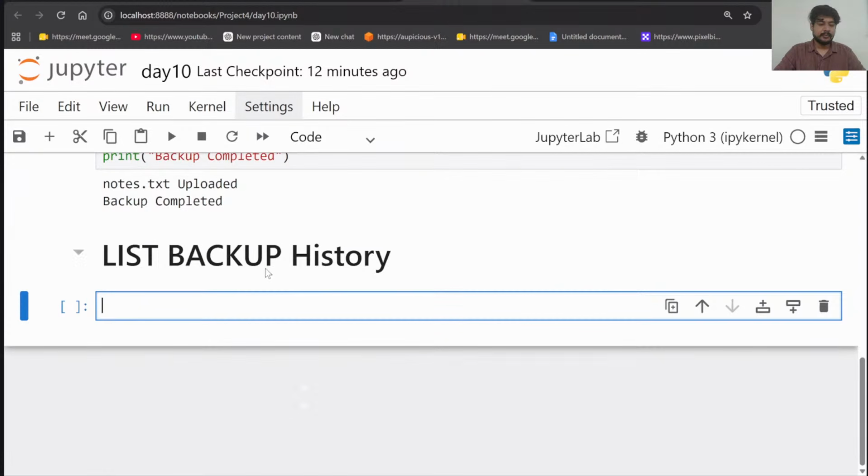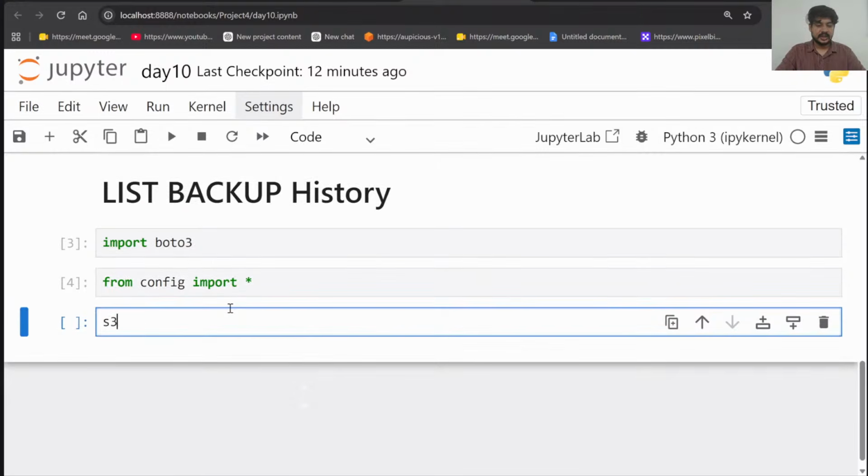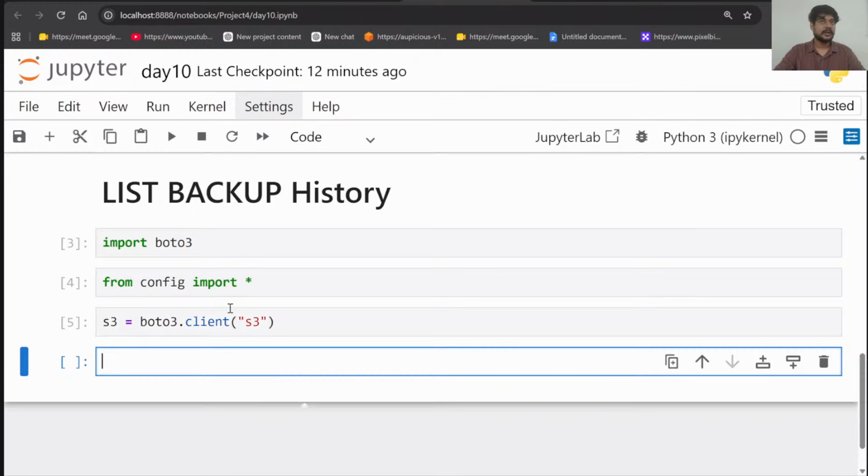So I'm just creating the Python scripts in separate different files. Even though we can create them in one single file with different function names, I don't want to run it that way. I want to run it in a different way today here. So again, I'm going to import Boto3 as a library. From the config file, I'm importing all the variables which are stored, so all the variables means star. Now again, S3, I'm telling my Boto3 client is S3 here. So this client is S3 and I'm importing it over here.